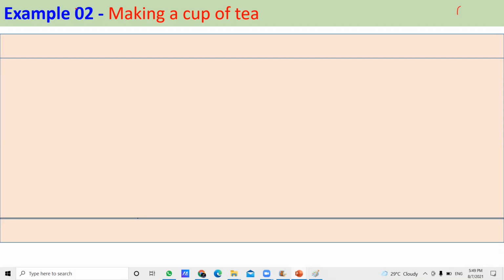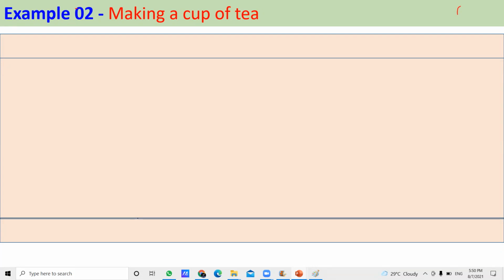Tell me, what is the thing we are going to do here to solve this problem? What should we do? Analyze the problem. Analyze means we should identify inputs, process, and output. These things I am not going to repeatedly ask you. Only for the first 2 or 3 problems. Then in your case, you want to automatically analyze the problem. What are the inputs, process, and output? Then what are the inputs here?